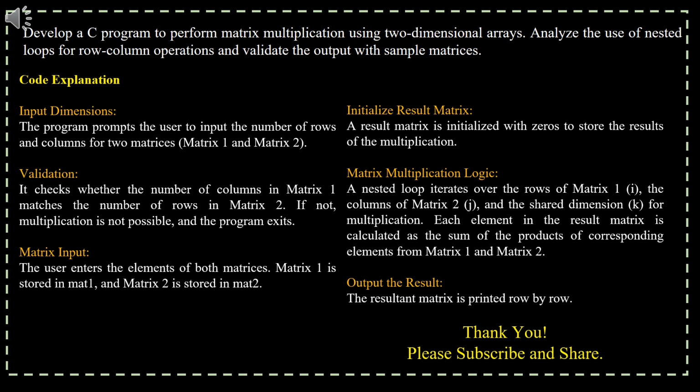Matrix multiplication logic: a nested loop iterates over the rows of matrix 1, i, the columns of matrix 2, j, and the shared dimension, k, for multiplication. Each element in the result matrix is calculated as the sum of the products of corresponding elements from matrix 1 and